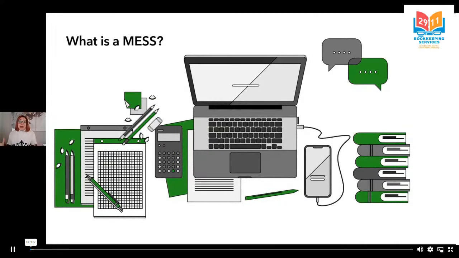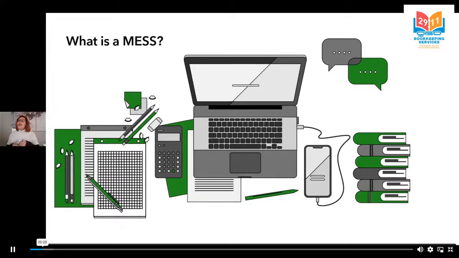What is a mess? Messes make you want to scream or throw your computer. Messes usually lead to a ton of clutter and chaos. Sometimes messes are obvious, but sometimes a mess hides underneath the surface and can be a bit harder to discover. Either way, a mess in your books can cause a lot of stress if you know something is messed up.